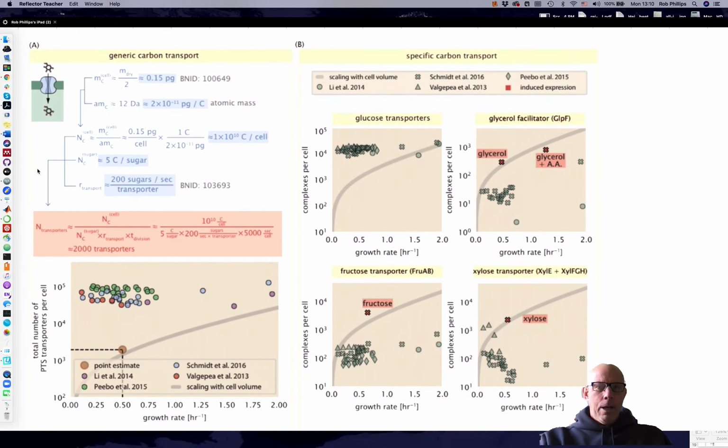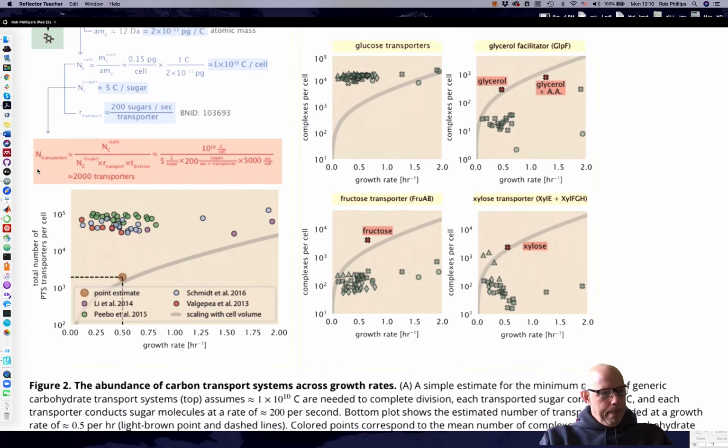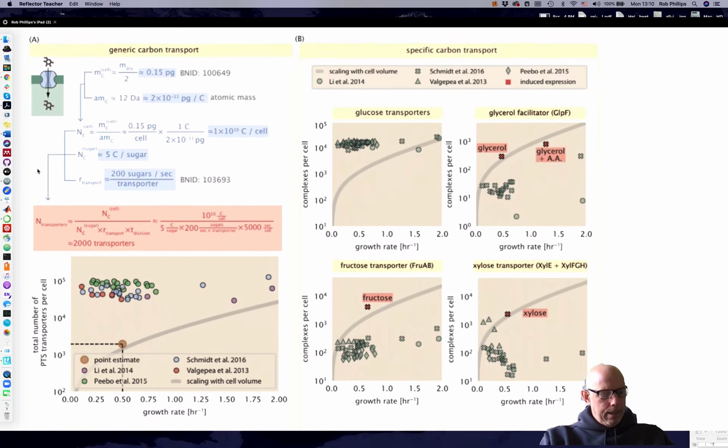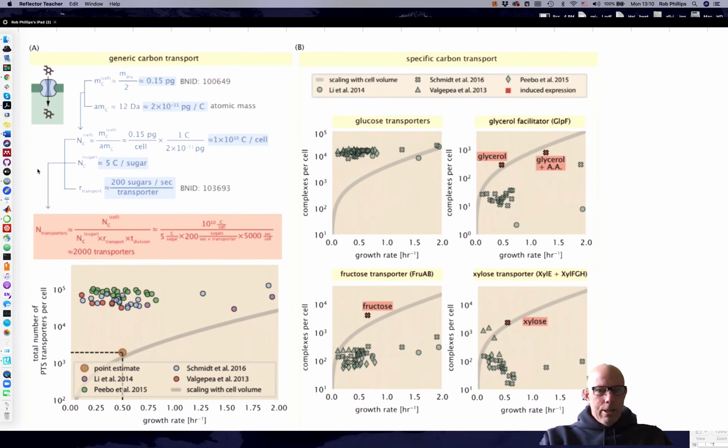And now let me try to examine for you the data that comes from proteomics. So you'll recall that we made the argument that proteomics makes it possible for us to understand what the state of transporters is. And so here at the top, whoa,